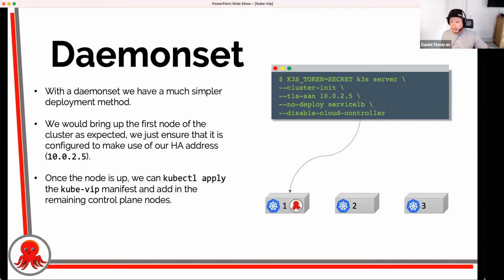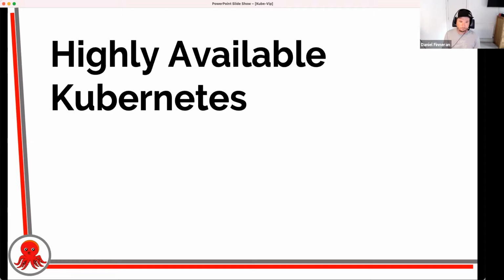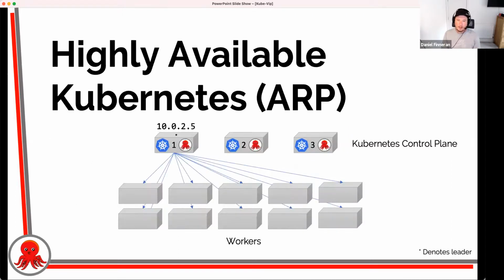The DaemonSets by default for Kube-Vip are all tainted to just run on the control plane nodes in this example. So that DaemonSet will just spread across the control plane nodes, at which point you have HA automagically across all of those nodes. So that effectively gets us a highly available Kubernetes control plane. So we have Kube-Vip either running as a DaemonSet or static pods on all of our control plane nodes.